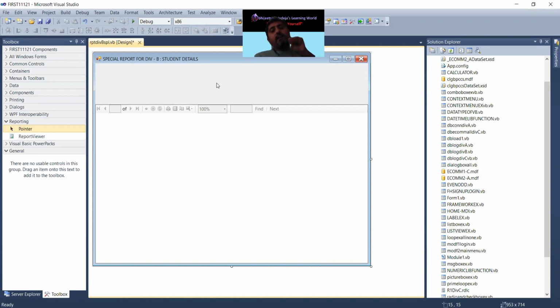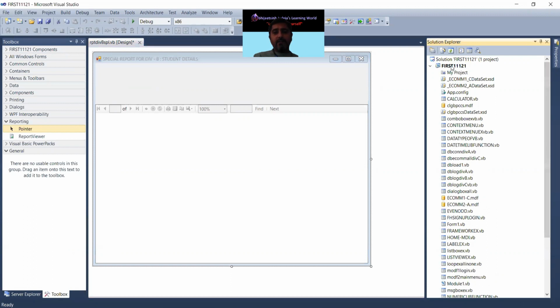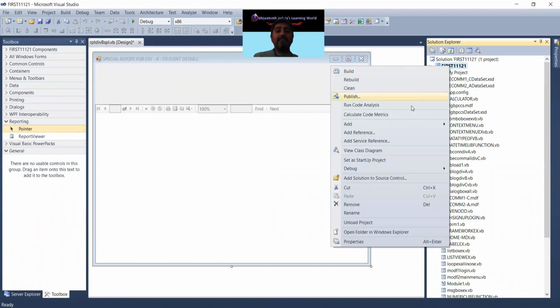This report viewer requires an RDLC file, because this report fetches the data from the database without using connection, command, adapter, dataset and data reader. That means the data will come into the report from the database table, but this is not ADO.NET at all. So we would like to take one report file, and for a report file the RDLC extension is there.